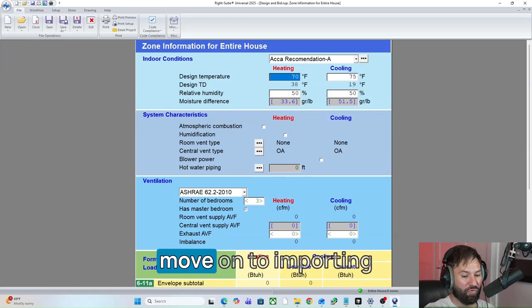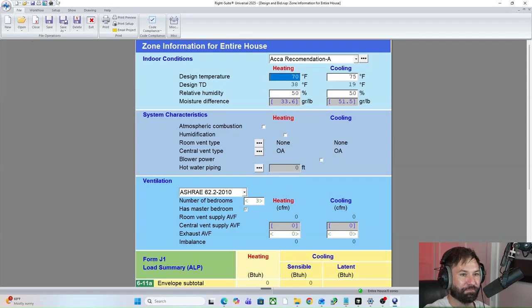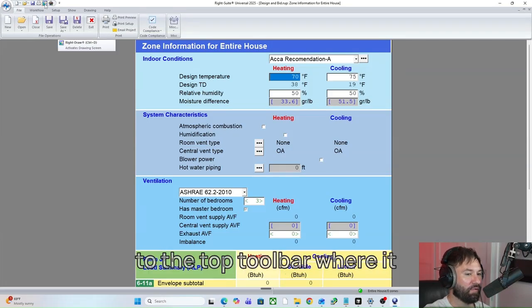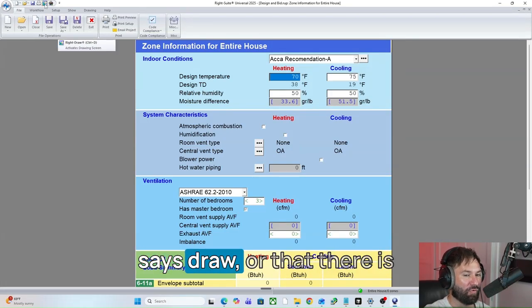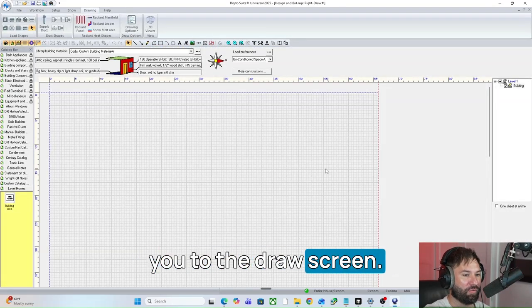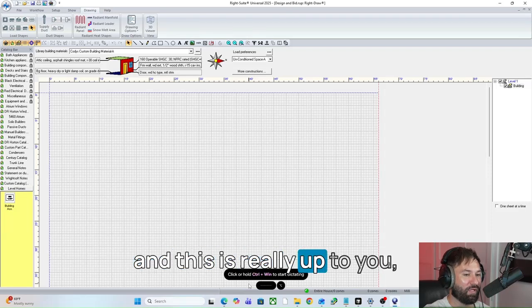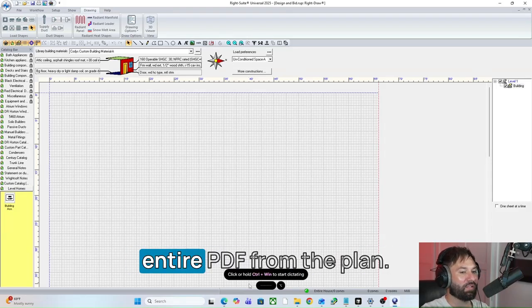All right, so we're going to move on to importing plans through PDF files. You're going to go up here to the top toolbar where it says draw, or there is a power key. You can use Control D, which will bring you to the draw screen. Now, what we'll need to do is, and this is really up to you, you can literally import the entire